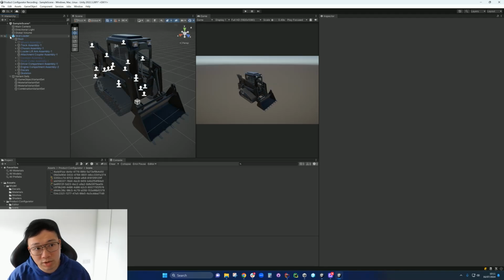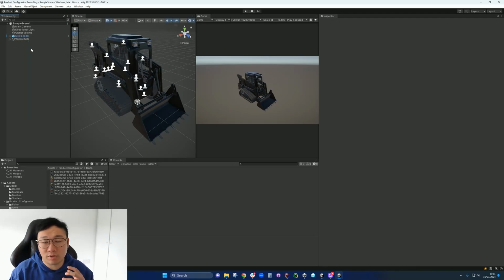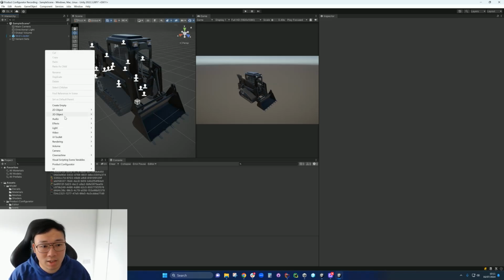Right, so this is how you create different variant sets using this tool. This is just a really quick introduction of how you can use it. Now, after you have created different variant sets, you want some user interface to allow the user to interact with your application, right? So what you need is what we call the Unity UI system. To get started, just right click and create a canvas,